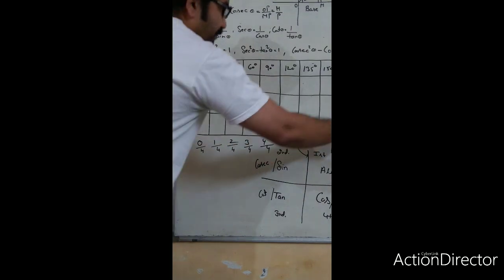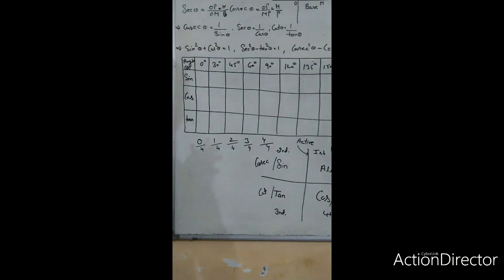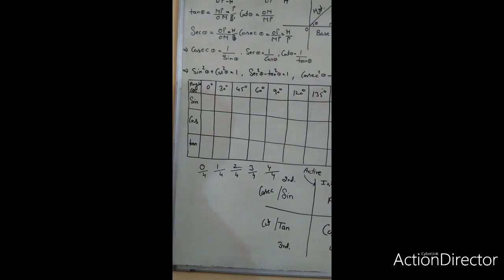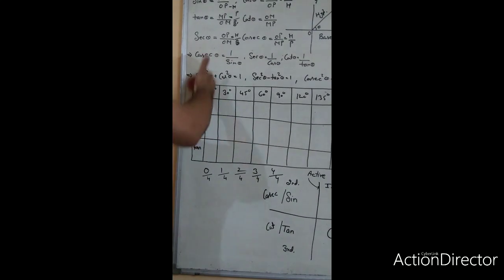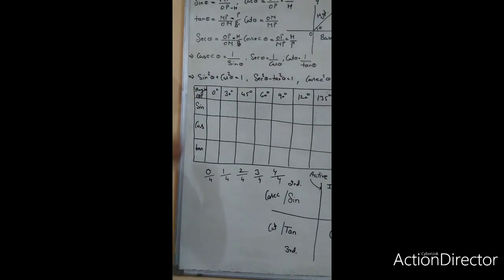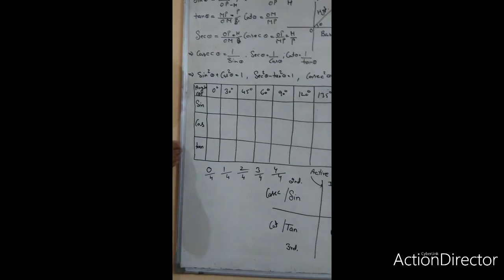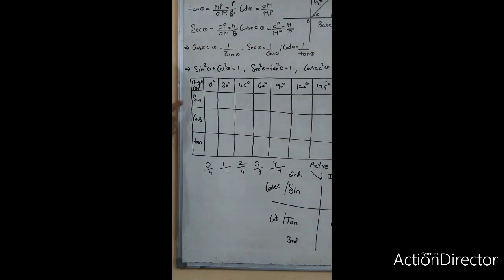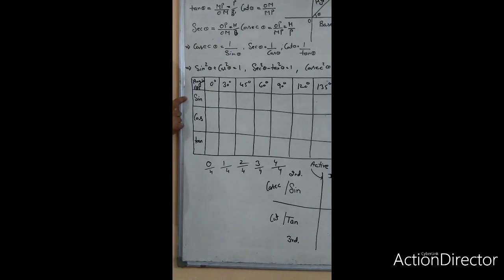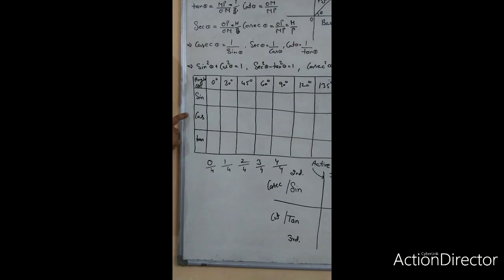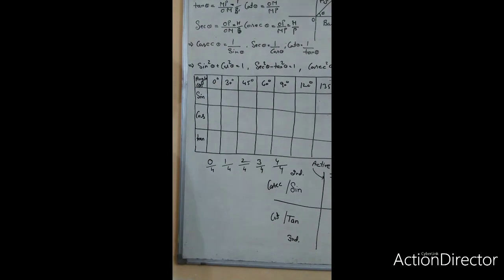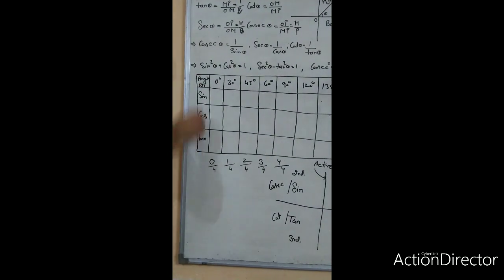Now, we will draw a table. On that table, we try to find the value for different angles for those trigonometric ratios, that are the total 6 trigonometric ratios. Now, we will find only 3 trigonometric ratios value because these 3 are so important, and on taking their reciprocals, we can easily convert to the another trigonometric ratio. Since 1 upon sine is cosecant, 1 upon cos is secant, and 1 upon tan is cot, that we have already studied here. So we just have to find these 3 trigonometric ratios.